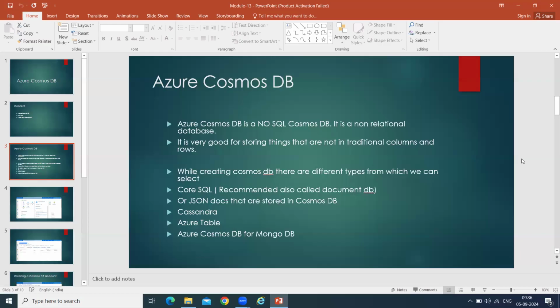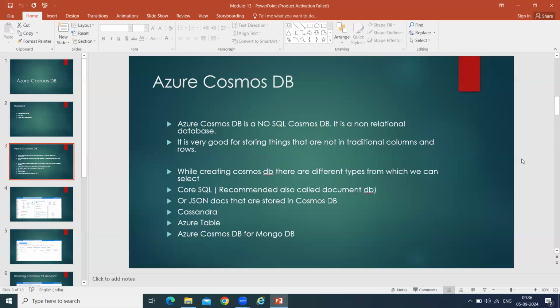For me, it's showing Azure Cosmos DB for NoSQL and Azure Cosmos DB for MongoDB. Core SQL you're not getting?